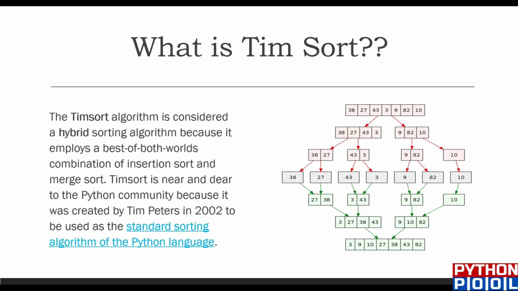Up to a specific limit of list size, it uses insertion sort, and when the list exceeds that limit, it uses merge sort. It combines the results of both sorts, performing its own algorithmic steps, and then provides us the result, or I could say a speedy result. So it is the fastest algorithm present in Python. Now let's see in Python how we define code for the Tim-sort algorithm.